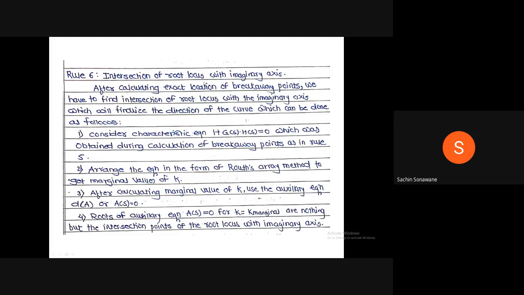Rule 6. Intersection of root locus with imaginary axis. After calculating the exact location of breakaway points, we have to find the intersection of root locus with the imaginary axis, which will finalize the direction of the curve, which can be done as follows. First, consider the characteristic equation 1 plus G of S into H of S is equal to 0, which was obtained during calculation of breakaway points, as in rule 5. Arrange the equation in Routh's array method to get the marginal value of K. After calculating the marginal value of K, use the auxiliary equation